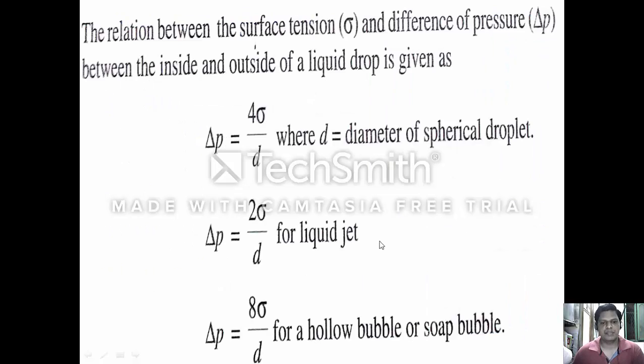You can see the relation between surface tension and the difference of pressure between the inside and outside of a liquid drop is given by, that is, the difference of pressure